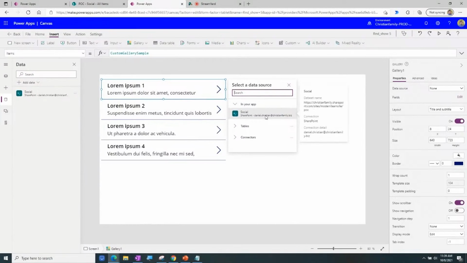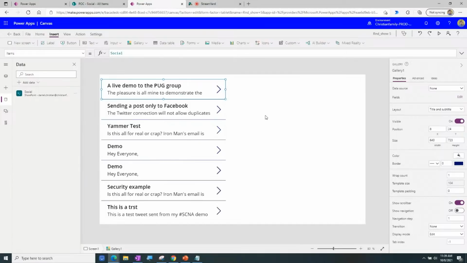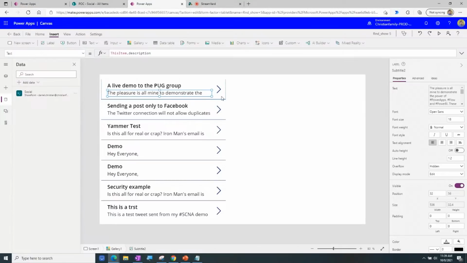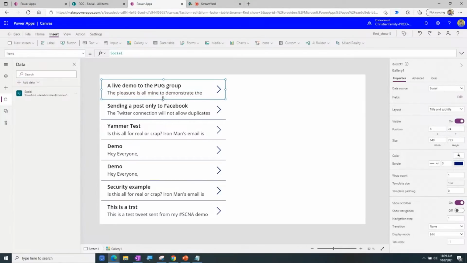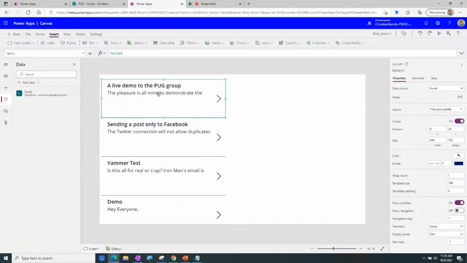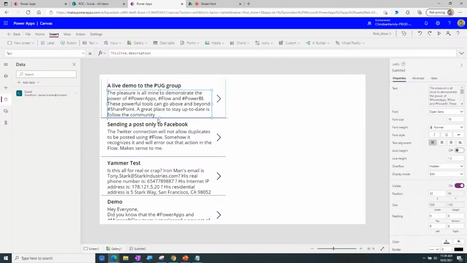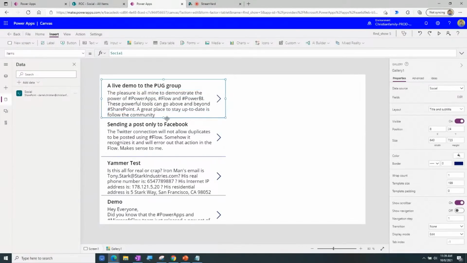Do you want to go select that? So yep, that's what I want. Go and select it. Again, the ability to make it so user-friendly. And now I'm going to go ahead and expand this. So what I do is I come to the actual template, expand that a little bit, and I'll go ahead and increase that. So I'm trying to make sure that I get at least the entire text coming in,